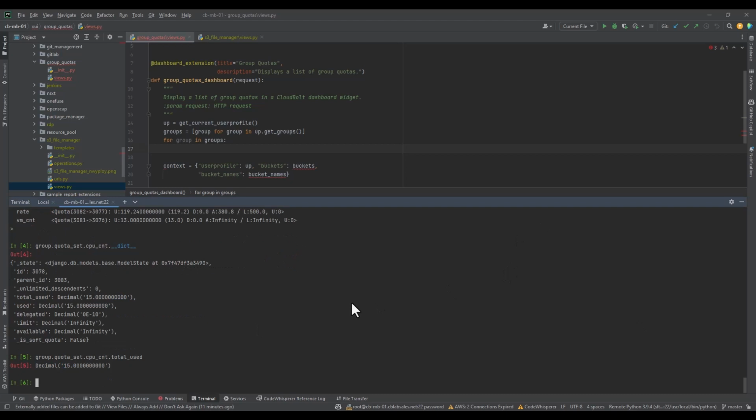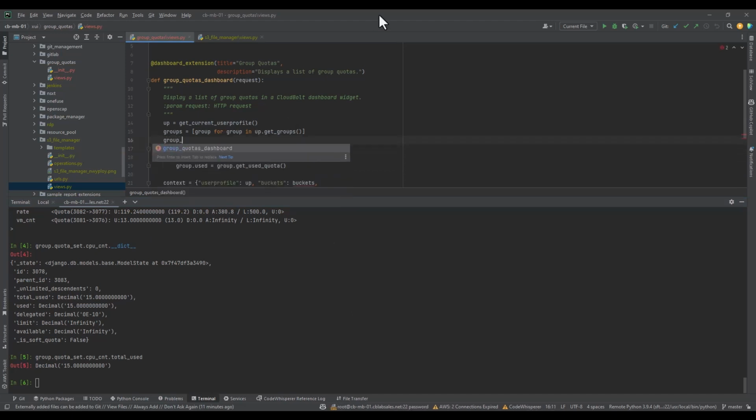So the next thing that we want to do is start to construct a way to build out the group quota for each of these groups. I'm going to start by creating an empty array at the top, and we're going to structure the data for each of our groups to pass into this group quotas array. So why don't we do, I'm just going to take group quotas. This should be easy enough, and we're going to do group quotas